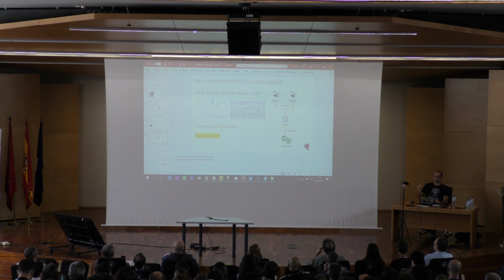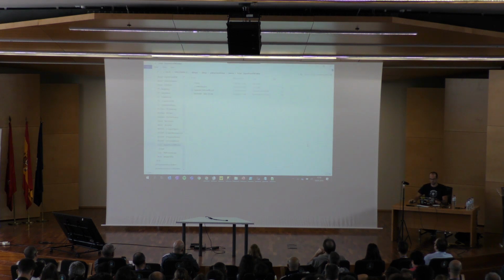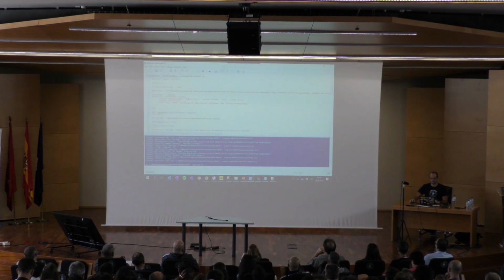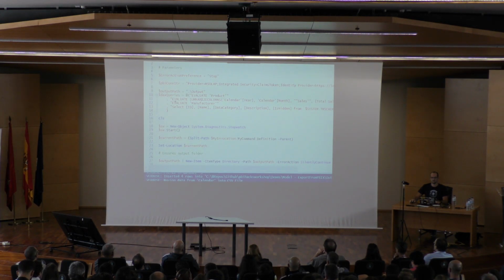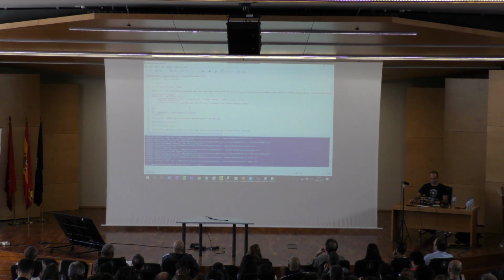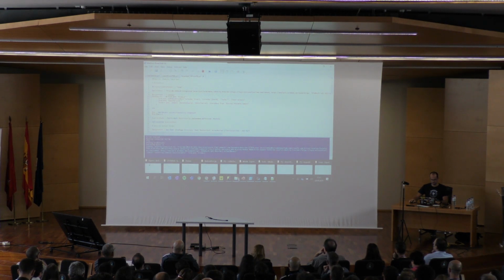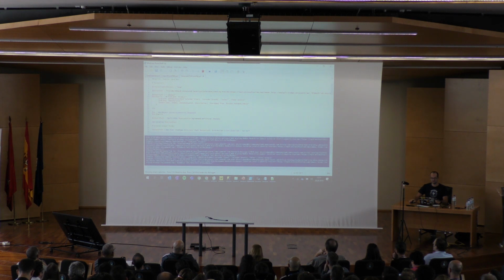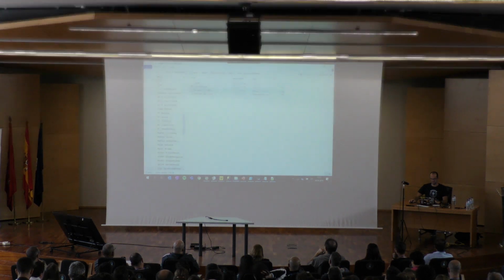Another usage is you can also connect using script. And one of the things that you can do, for example, is have a PowerShell script or a .NET script, a C# script that will, in this case, connect to a Power BI dataset online, and I will execute 3 queries or 4 queries, and I want to export all this data to a CSV file or an Excel file. If I run it, this is evaluating, running the DAX, getting the data, and in the end it will export all the data to